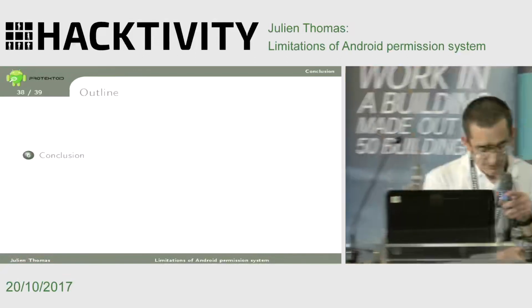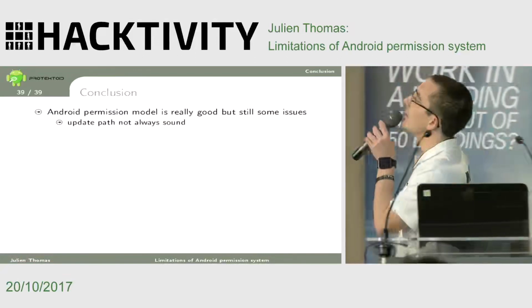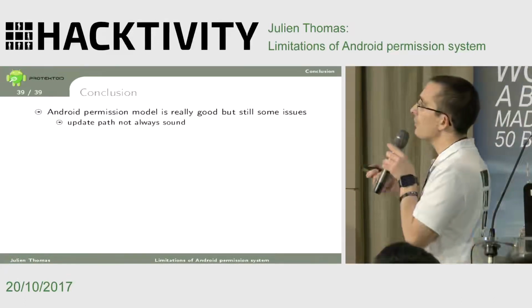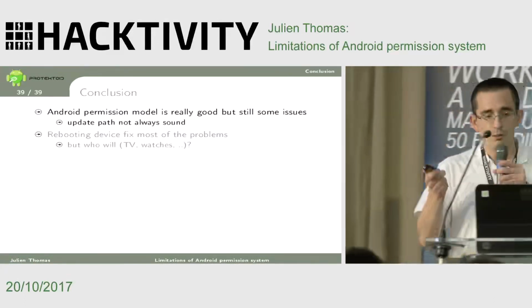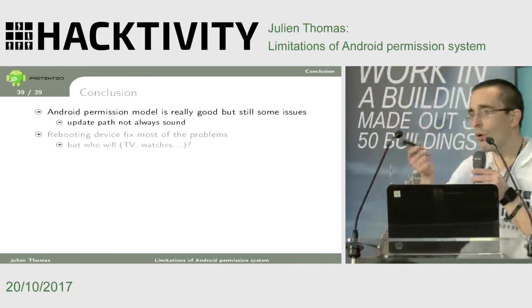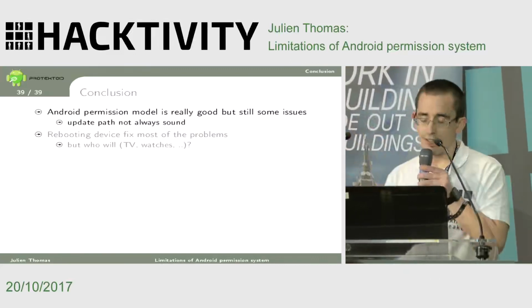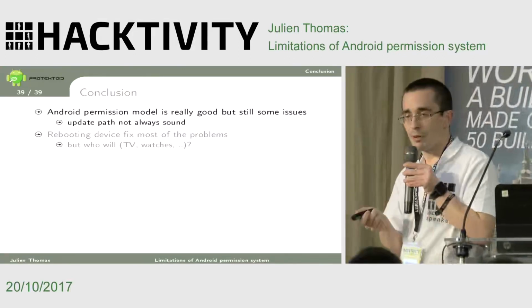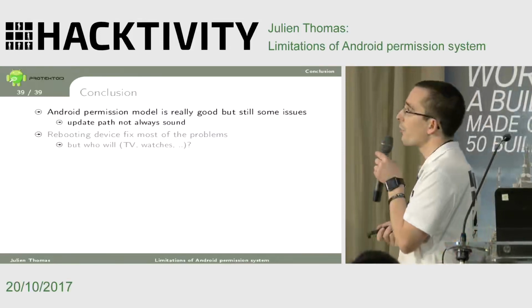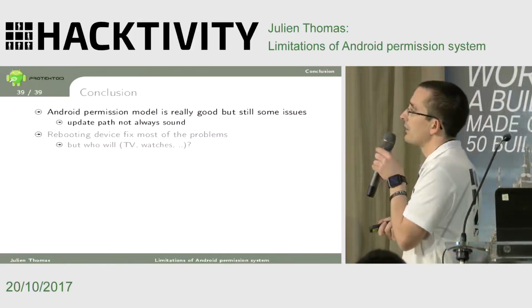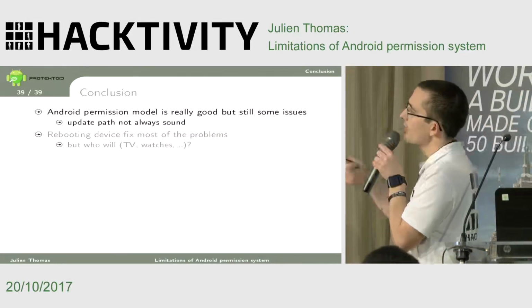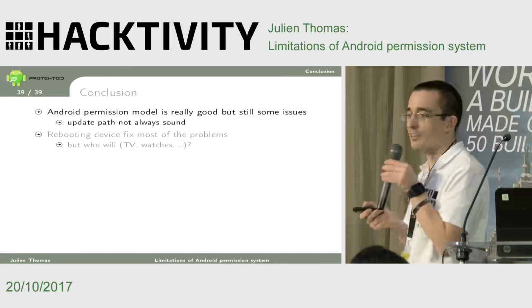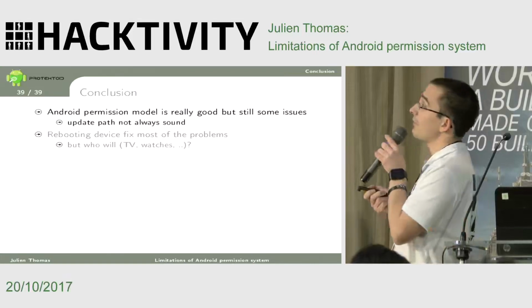And a very quick conclusion, I think I'm on time. Even if I criticize a lot the limitations of the model, one thing to know is that I was talking about the limitation of the update path. But you have all the underlying security, like the permission protection, which is very robust and very well implemented. We spent months trying to see where we could do something, and it's very hard to hack. And rebooting the device fixes the problem, but what are the odds that you will reboot the device after each application install or update?